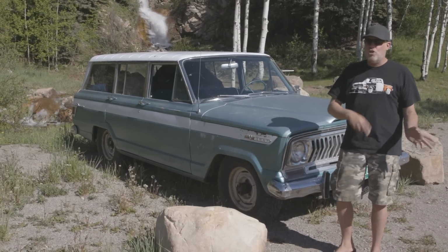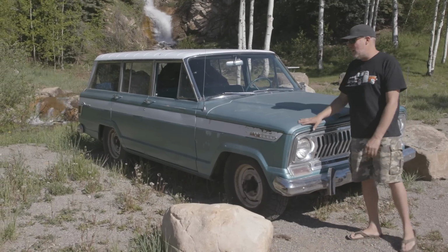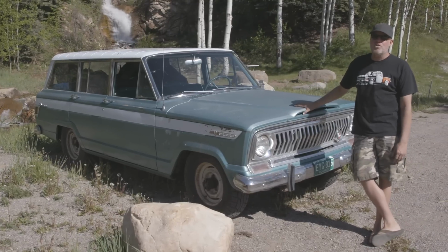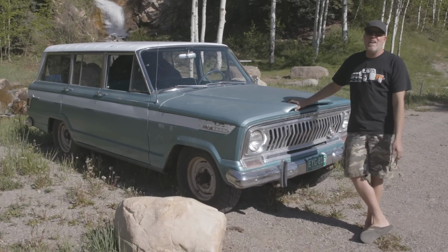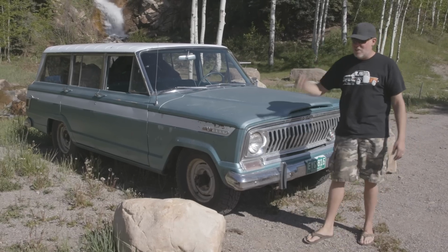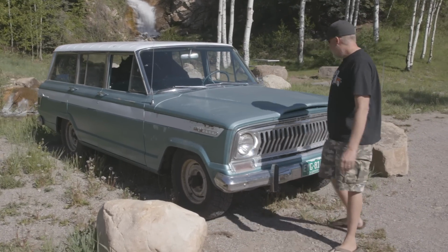And the panel truck is a two-door with no windows whatsoever. This is obviously a Wagoneer. This is going to be a much more comfy cruiser than the panel truck. The panel truck's a military vehicle. It's got no carpet, no sound deadening. It's a 6-cylinder. It's a 3 on the tree. It's rough riding. This thing is cush. The drivetrain in this one